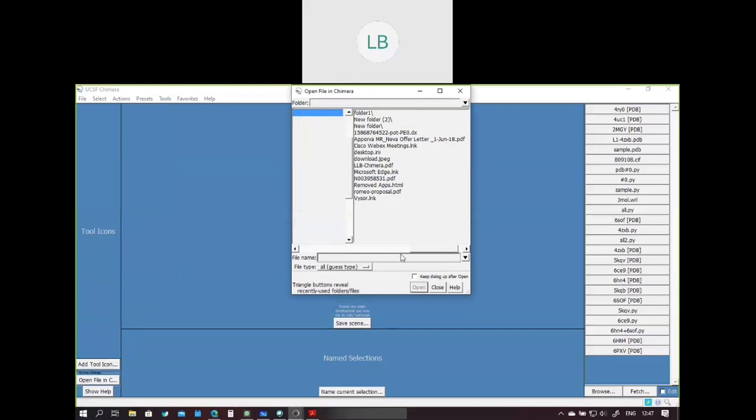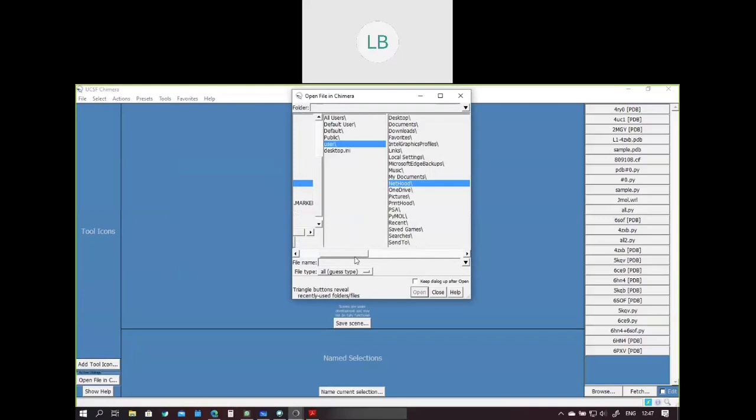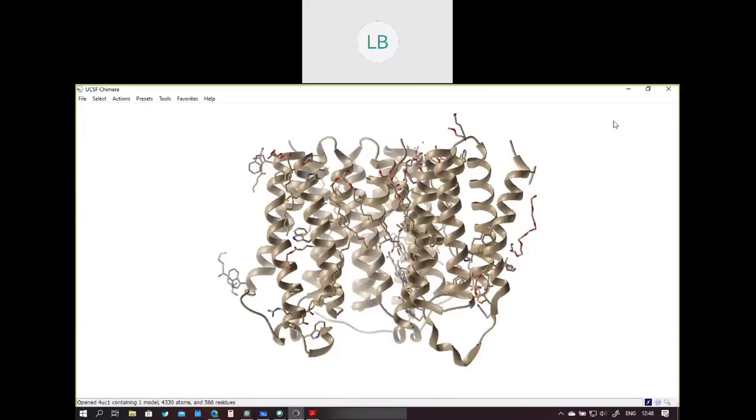There's also a quick select option, which shows you the frequently used PDB files. You can choose that file and open it. So let's say I choose this particular file. It will open, and this is one way to open a PDB file.